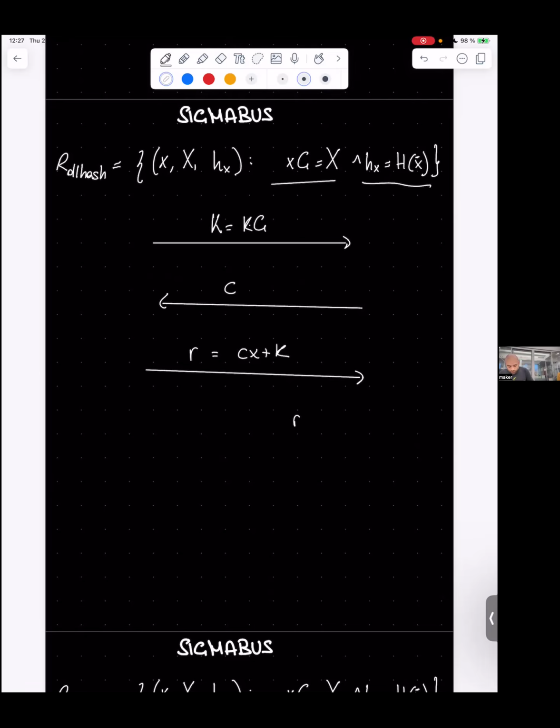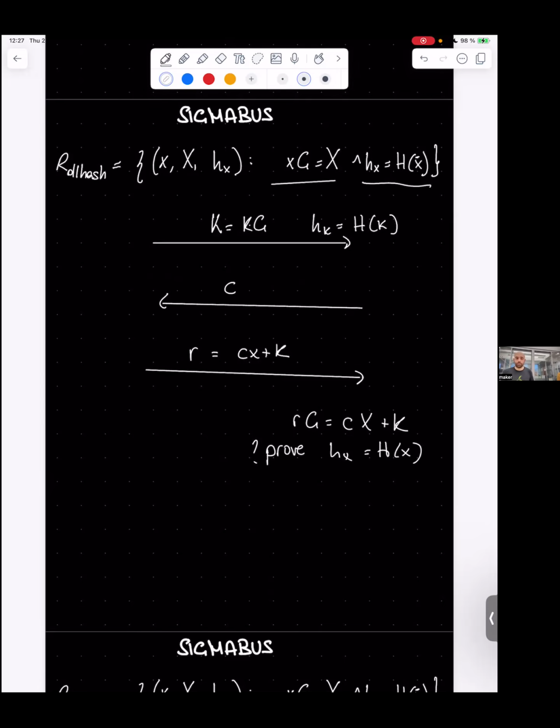Now, what I would do is verify that this satisfies the verification equation, and I'm still left with proving, as the starting point, that h of x is equal to the hash of x. The idea here is that in addition to the normal commitment, I also send a hash of it,